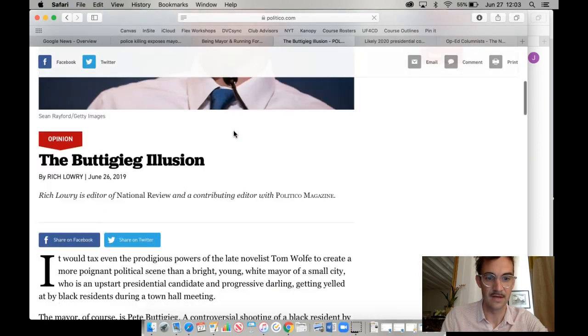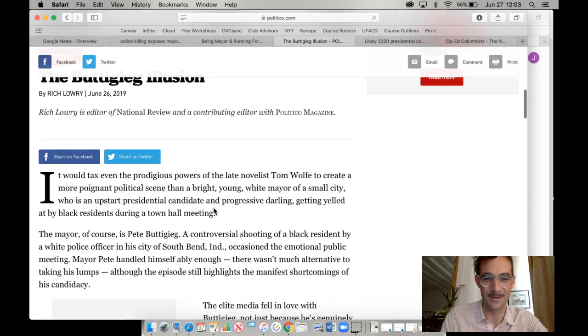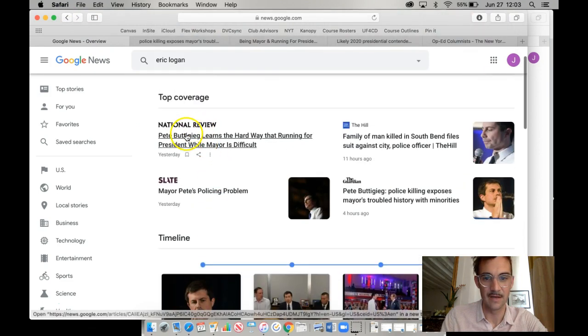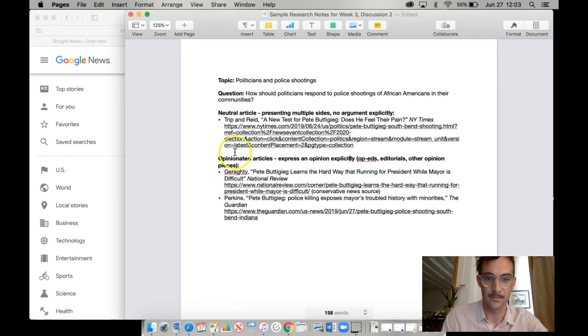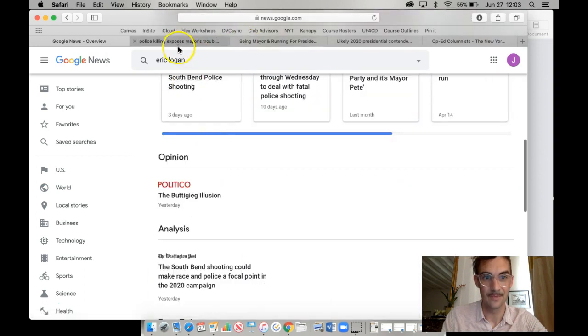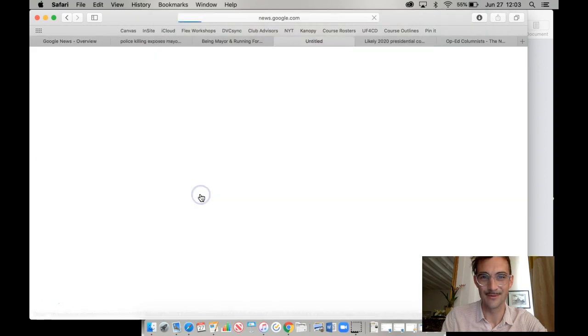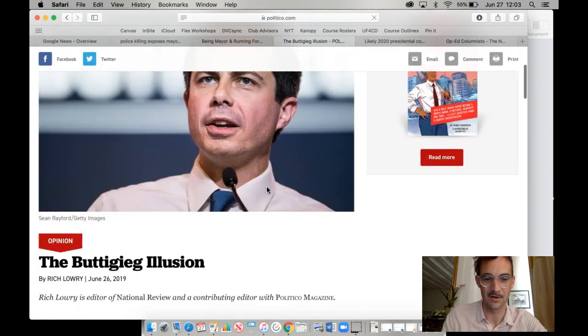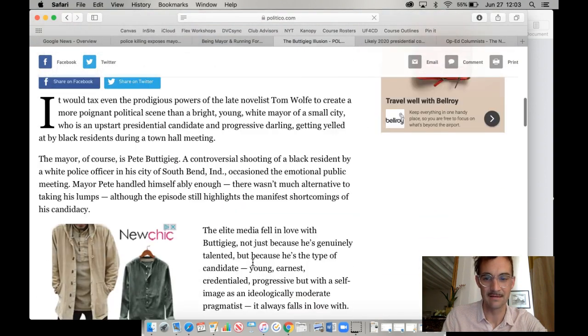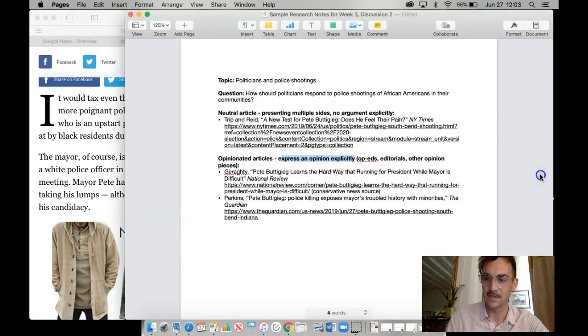And that offers a whole lot of opinion here. I also found some other articles that I think are opinionated from the National Review and the Guardian, and I chose those. And again, going back here, those expressed an opinion, and I had to kind of read to see that. Of course, sometimes you are lucky and you get things sort of labeled very clearly for you. Like here, it says it's an opinion article, and we could read that and find out what the opinion is, of course. So that's the first thing, is finding these different articles, and that's really key.